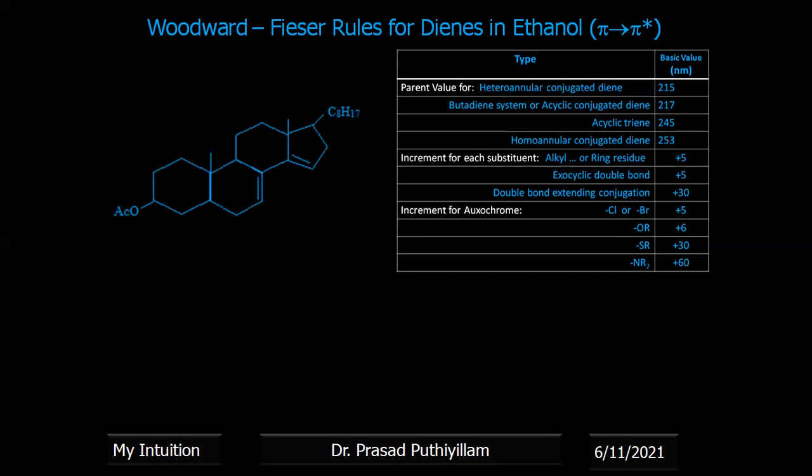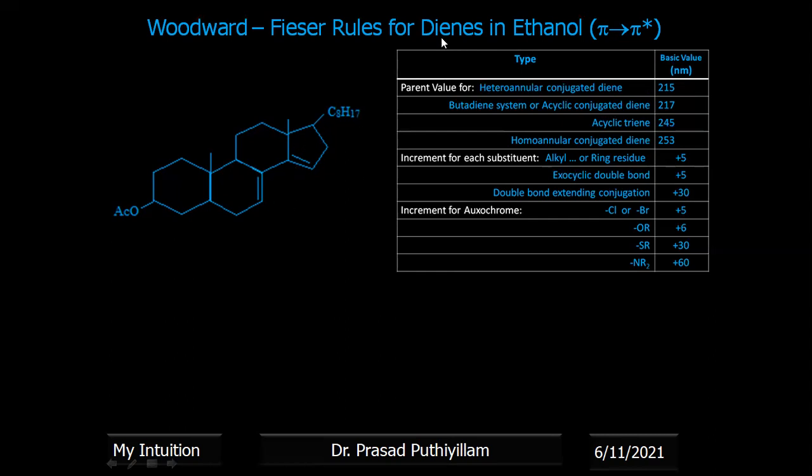Very good structure. Those two confusing, complicated structures are given. It's very difficult to guess the lambda value, because C8H17 is there, an acetoxy group is there, an acetyl and oxygen group present, and so many rings are there. A 5-member ring is also there. We didn't explain or discuss anything about a 5-member ring in the Woodward-Fieser rule in case of diene. So we consider it as a ring only. Whether it is hexagonal or a pentagon, it is a ring only.